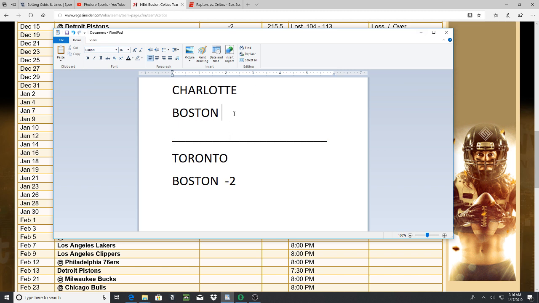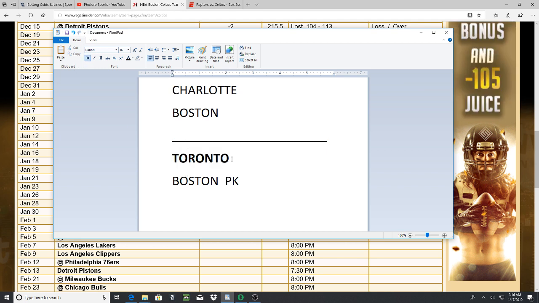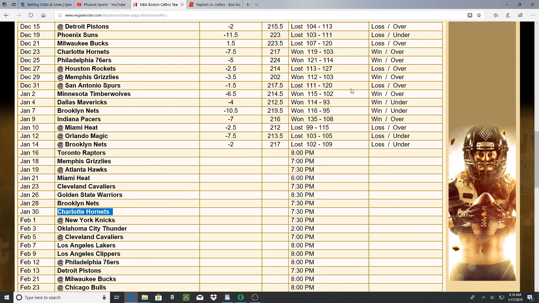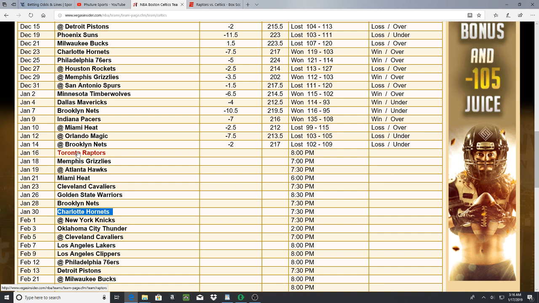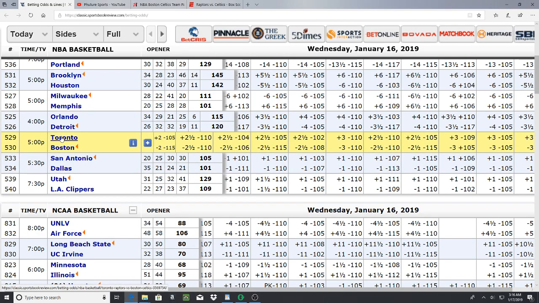But since they're playing a team like Toronto here, they know that they could make this line low. They could even make this line -1. They could even make it a pick 'em. All right. They know they're going to get action coming in here on Toronto. So they're not sweating it. Okay. So that is why Boston won this game. So it just depends on the psychology of the bettors. Okay. So the psychology was taking Toronto.